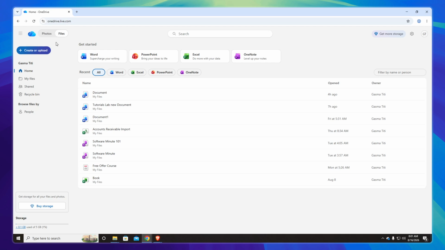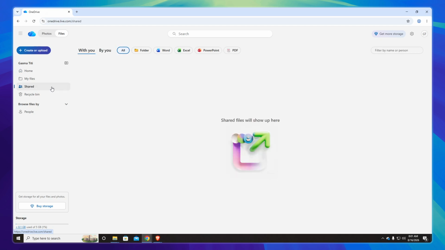This usually takes just a few seconds, and once it's ready, you'll see your main OneDrive interface with all your files and folders displayed. Now, to view your shared folders or files in your OneDrive folder, direct your attention to the left navigation menu. Look for the option labeled Shared and click on it. This section is specifically designed to manage and view all content that's been shared with you or that you've shared